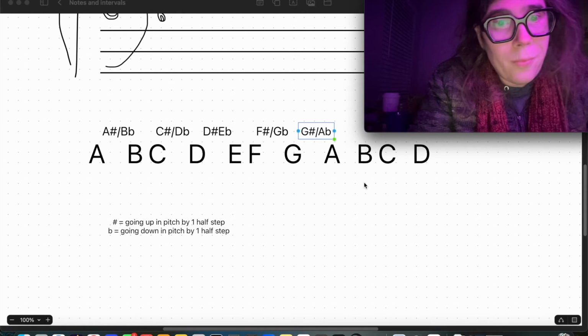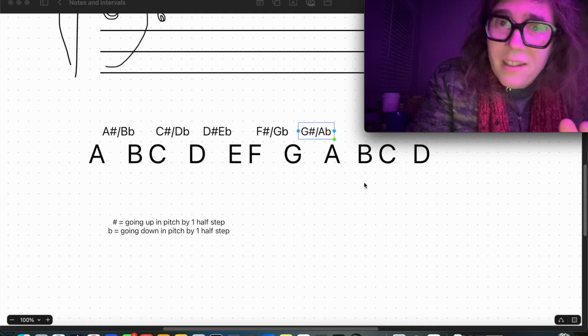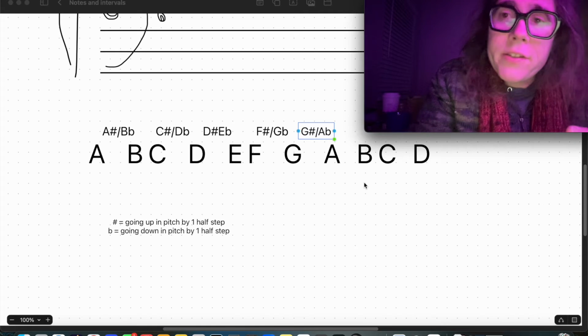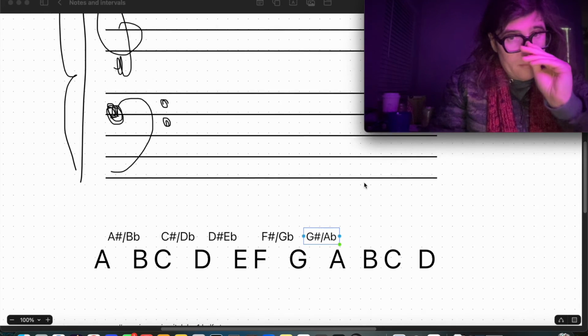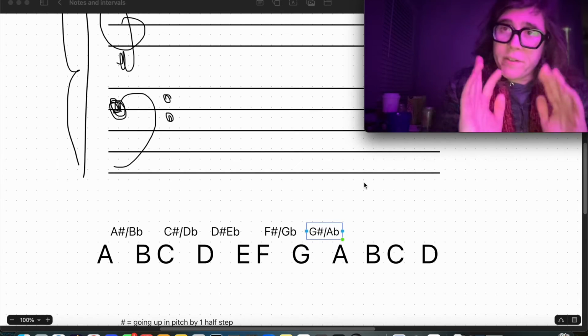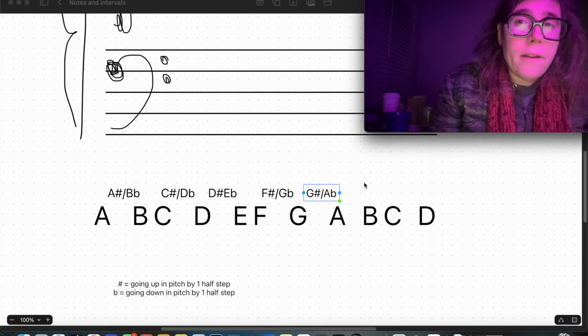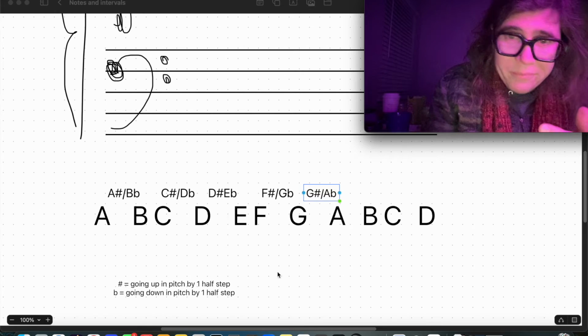Intervals have two aspects, two parts to them. They have a quality and a quantity. Let's start with the quantity. I'm going to introduce this idea, and then we're going to apply it on the staff. But if you follow my cursor here on the screen, right,